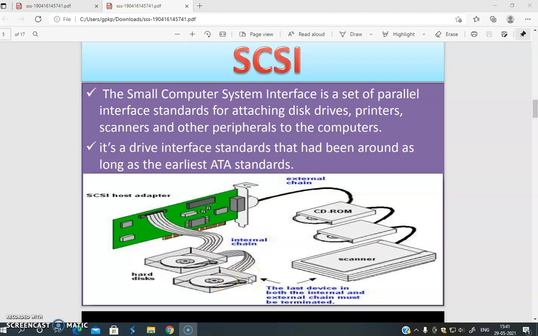In this lecture, we are going to learn the next point from your curriculum, that is about SCSI technology. SCSI stands for Small Computer System Interface. It is another type of connector that is used to connect peripheral devices, such as hard disk, printer, scanner, even the CD drive or the floppy disk.